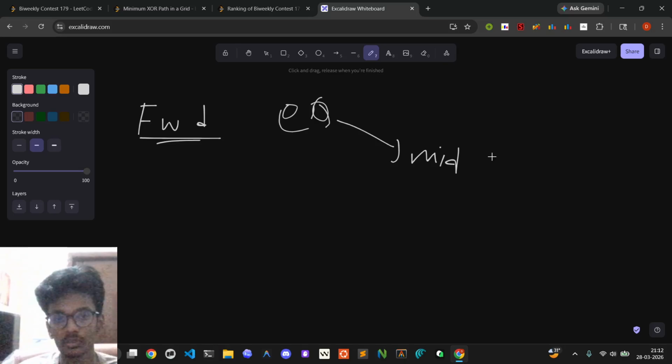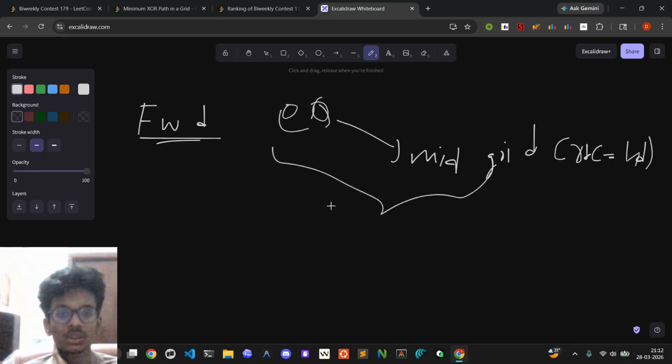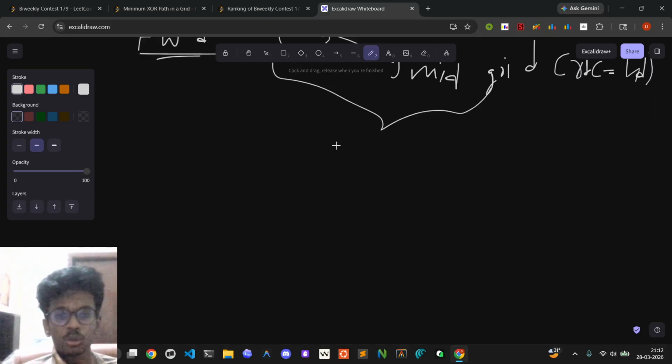How to actually know this is the middle grid? It's r plus c equal to half distance. And during this path from 0, 0 to the middle of the grid, store all possible XOR sums